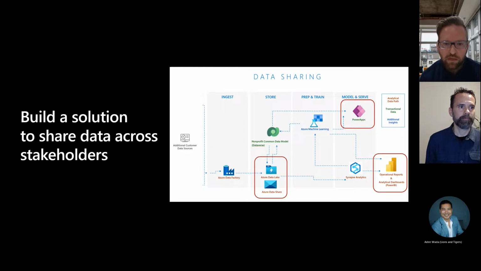Directly below that is probably the easiest method of moving data in and out of our data stack, and Azure Data Lake for any data management solution is going to be a key component. Paired with that is Azure Data Share, which through scheduled tasks allows you to move data both internal to different data sources in your Azure tenant, as well as across tenant if you're looking at sharing data externally.